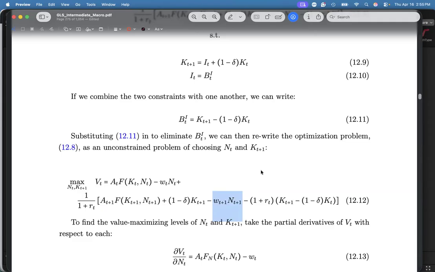No, kasi wala siyang KT. Parang hanapan lang ng letter to, guys, right? This is NT plus 1 and not KT plus 1. Will it affect this term? Yes. Okay, can you interpret this term? What is 1 plus RT times whatever it is in the bracket? What's this?